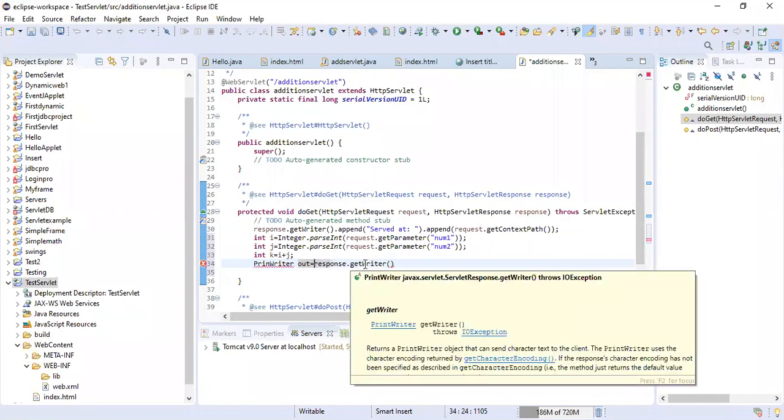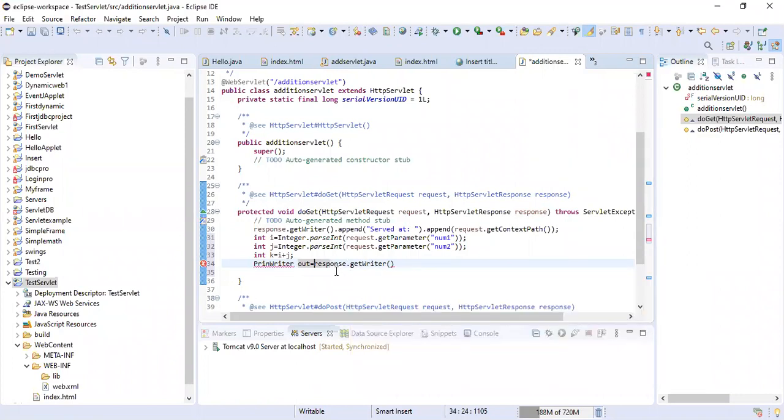Check it out. This getWriter method is present in the response class. So we need to call response dot getWriter. What does getWriter do? The getWriter method will send you the object of type PrintWriter. Now what does this PrintWriter do? This PrintWriter object will send the data to the client in character format. What is our client? The HTML file. Okay, so it is going to send the data to the client.